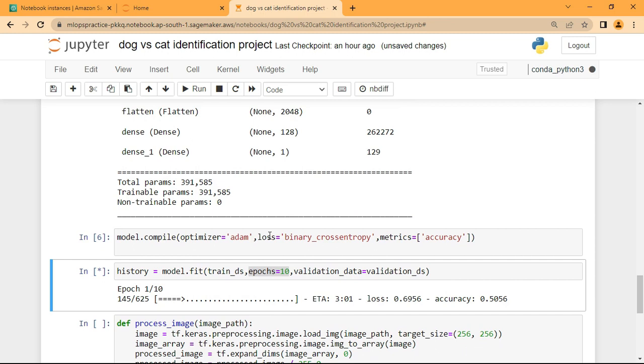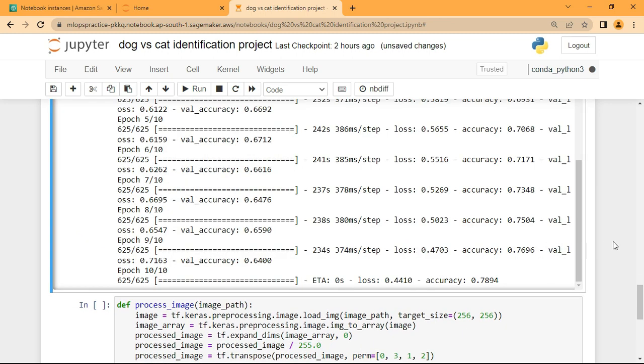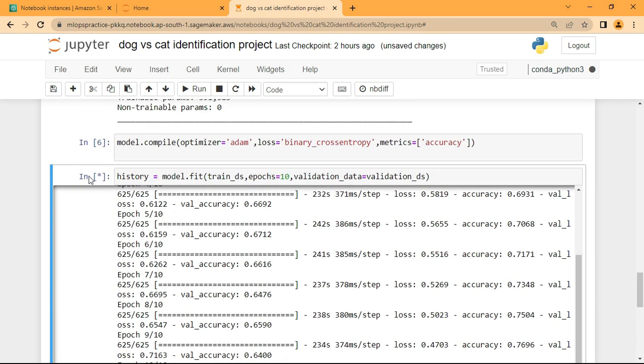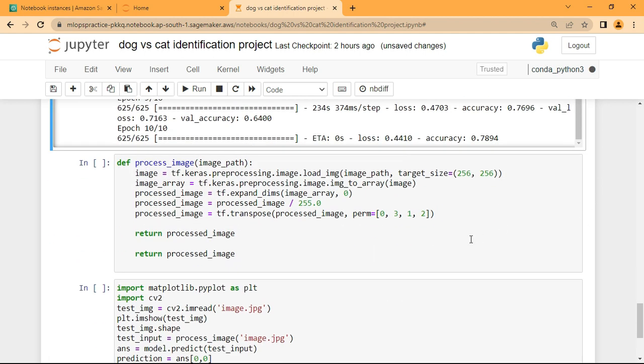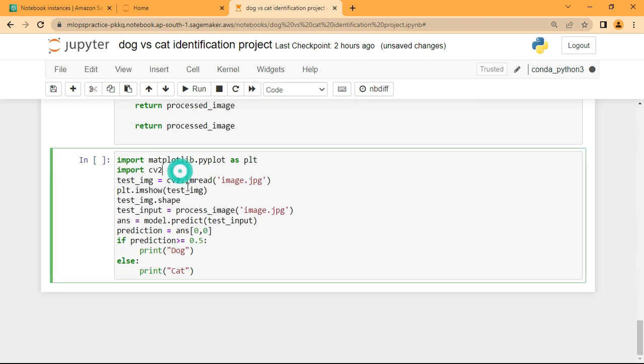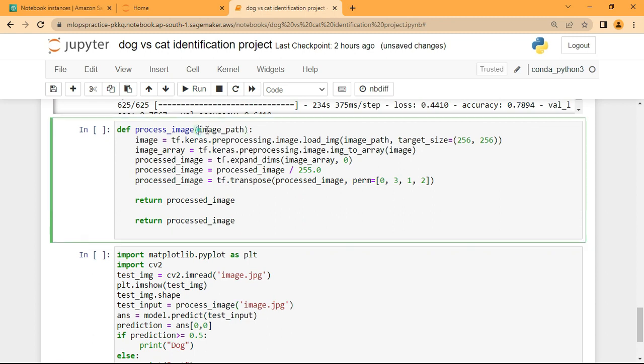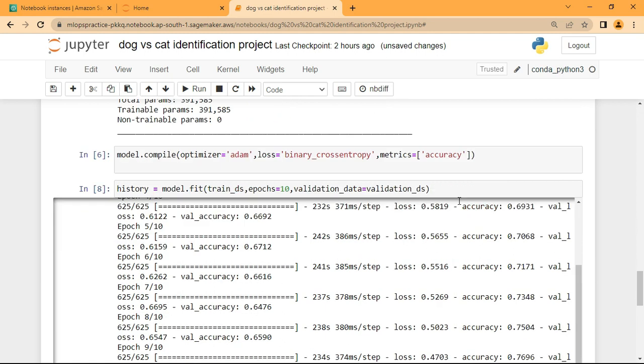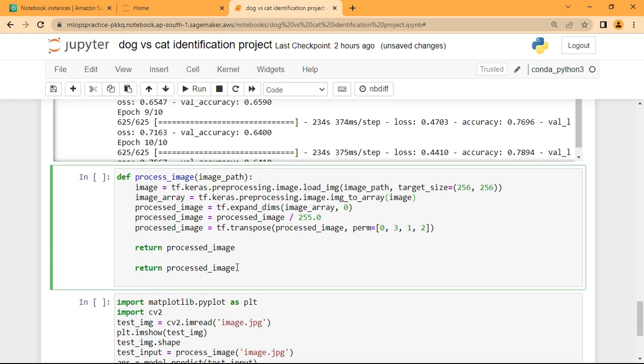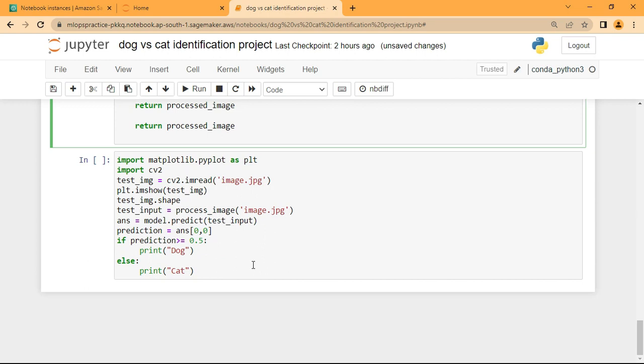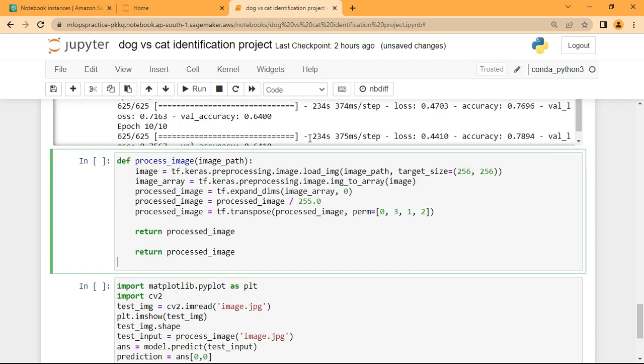Okay, and now the epochs have run successfully. So we'll wait for it to wind up. Once it is done, we are going to make a predictive system. For example, this will load and show you the image, and it will ask you for the image path. If you enter the path, it will do the same basic pre-processing which we did for the training. That pre-processing will be done and it will return the output. So if I run this,